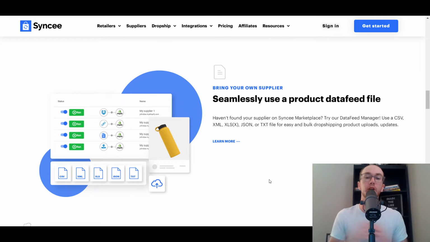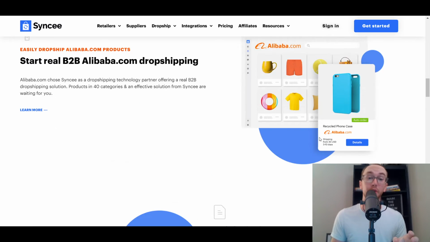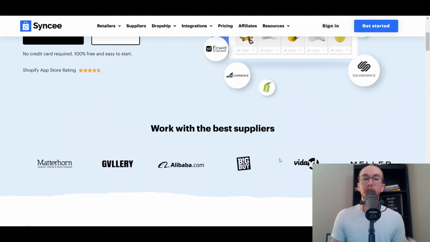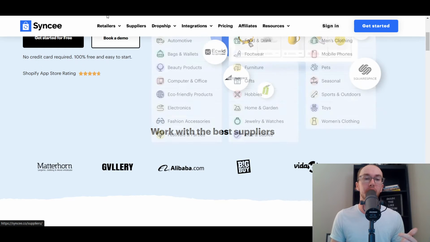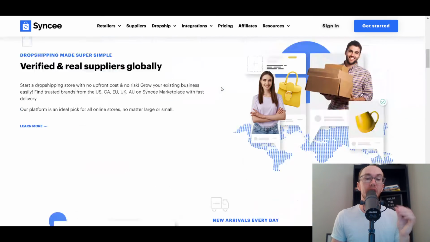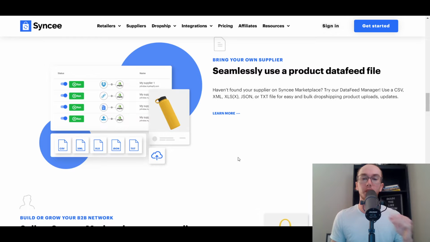And another feature, and I will say this is a feature that's really not on a lot of dropshipping platforms and software or apps out there, is being able to bring your own supplier. This is something that so many different dropshipping plugins or apps just don't have, is being able to import a product data feed file. So if you have a manual supplier, right? Maybe it's not through a certain type of manufacturer, maybe it's not directly available in their marketplace, then you can use Data Feed Manager and easily import your own